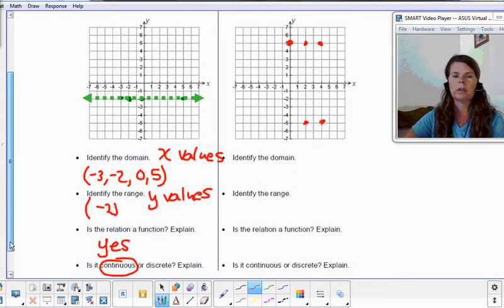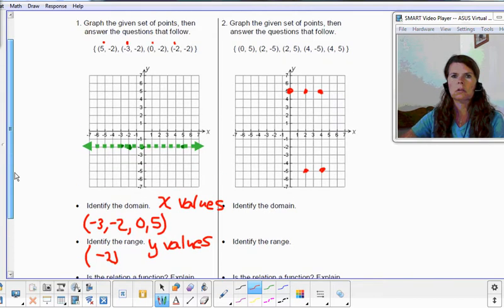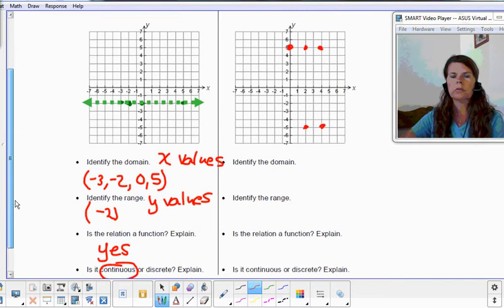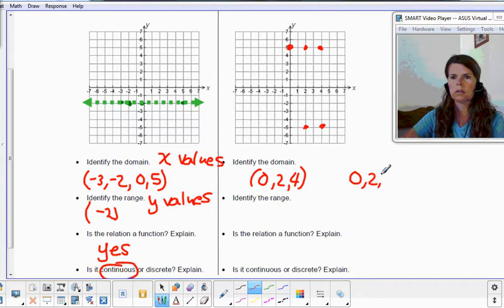And identify the domain. Again, that's your x values. So your x values, smallest to largest, would be 0, then 2, then 4. And you don't have to list them twice. I mean, you can, but usually you don't. The only reason I would list them out is so you can see, uh-oh, I have x's repeated. I can already see that my domain shows that this is not a function